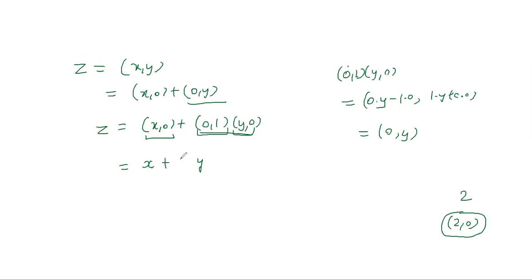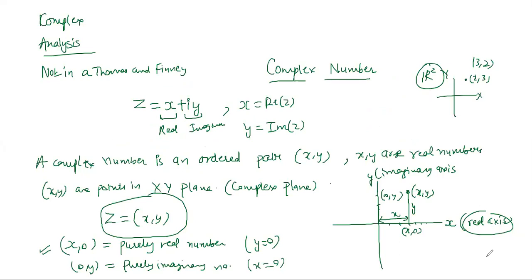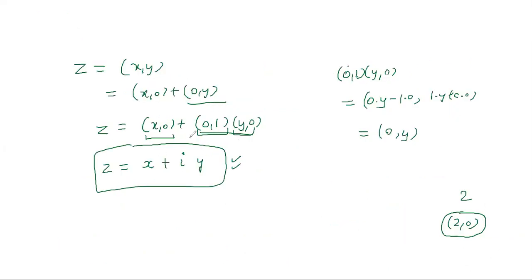And this 0, 1 we are denoting by i, right? We also call it iota sometimes. Whatever notation or name you are clear with. So this is how i got introduced. All of us are already familiar with this, and this is where we start from. But fundamentally, why I gave you this little algebra here is that this is how we reach at this one. Obviously, we already know all the operations with this notation, so that is okay if you directly go with that approach, but you should know how it is actually coming, how this i is coming.